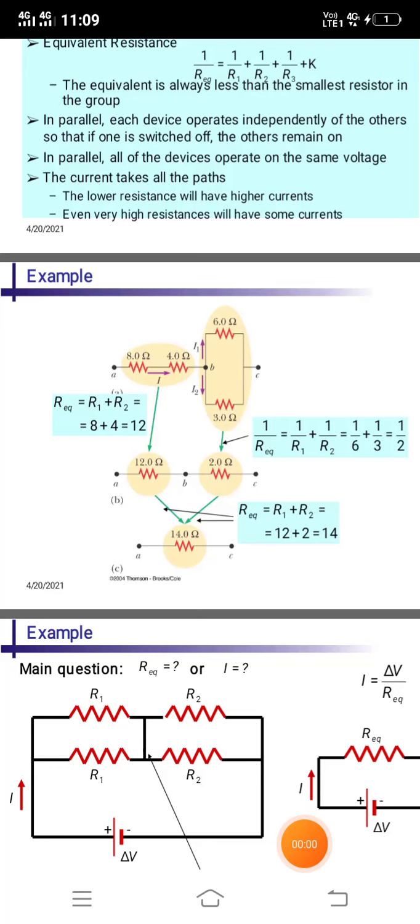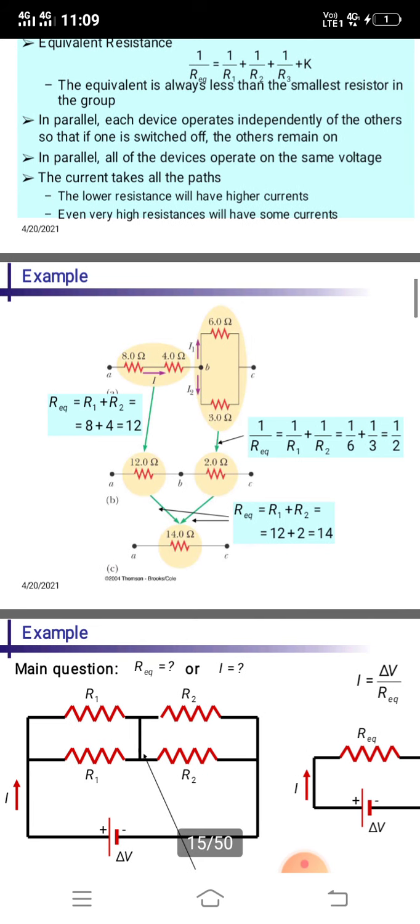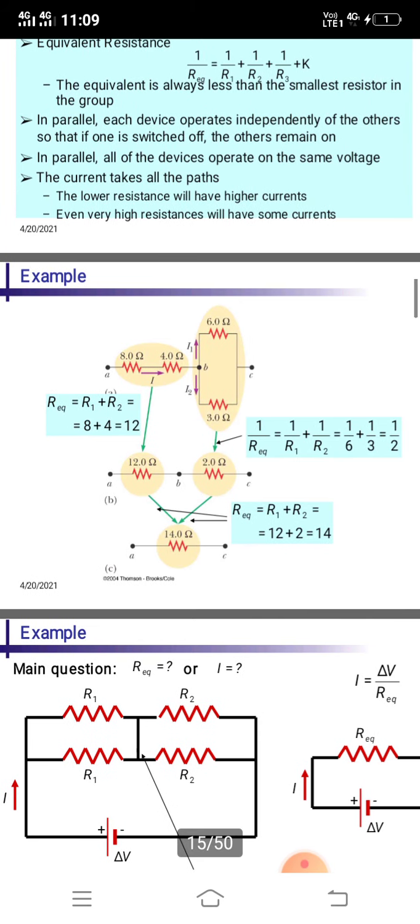This is an example of parallel resistance and series resistance derivation. We can derive, in a single circuit, resistors in series and resistors in parallel. I took two resistors for series and two resistors for parallel. The example resistors are an 8 ohm resistance and a 4 ohm resistance in series, and a 6 ohm resistance and a 3 ohm resistor in parallel. So let's solve this circuit, with both series and parallel connections.